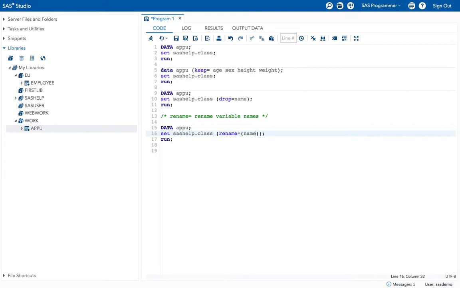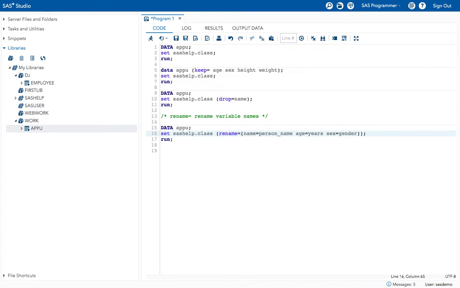I want name to be person name, and age as years, and sex as gender.